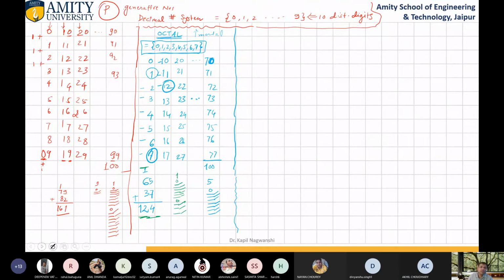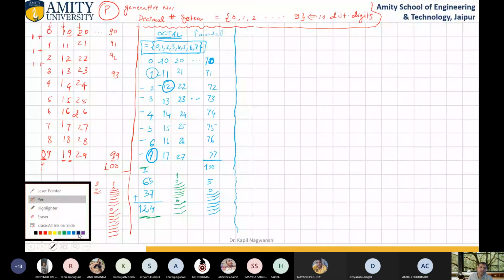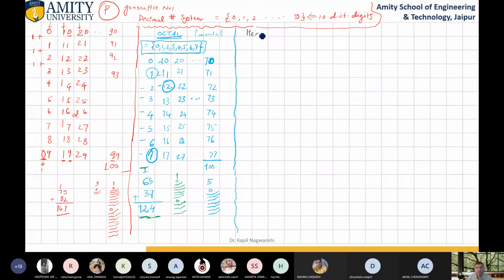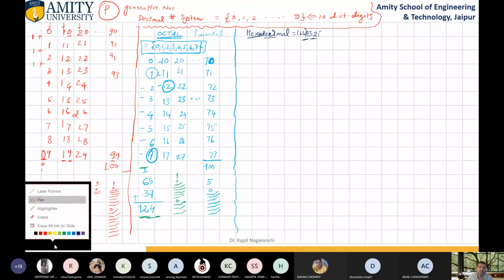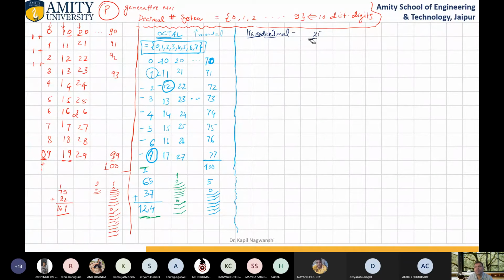Let me write the next number system. That is your hexadecimal number system. Hex comes from one language and deci comes from another. Like in Sanskrit, Shodash: 6 plus 10 equals 16. So this is our base 16 number system. Let me explain what we mean by this.